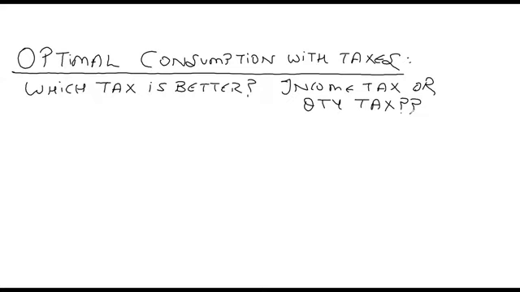Now income tax is a lump sum tax. Lump sum taxes are those taxes which are directly deducted from your income. They do not depend on the amount of good you buy. They are directly taken from your income. Quantity tax is the tax imposed on quantity purchased of a particular commodity. Examples of quantity tax: excise duty, import duty. Import duty is the tax imposed on the goods imported from abroad. So quantity tax is the tax imposed on the particular quantity of a good you buy. Income tax on the other hand is a tax directly deducted from your income, irrespective of how much you are buying.